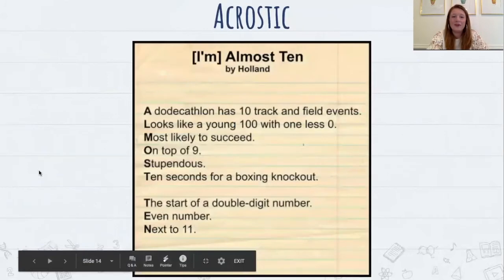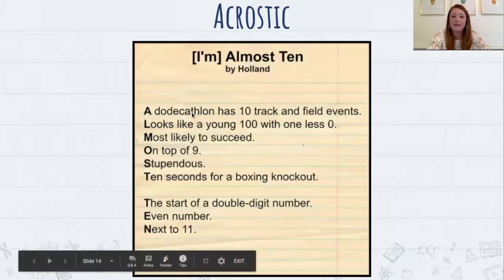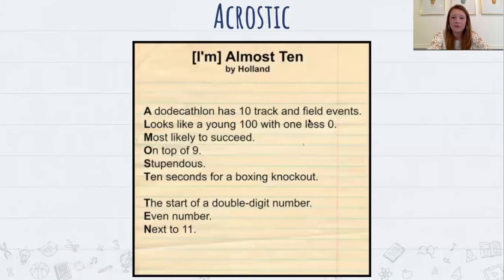So another type that you can follow today is an acrostic. And this is something that you may have done in the past. An acrostic is where you write a word that's vertical, so it's one letter of each word per line. So in this case, it's almost 10. And then you'll write a sentence that begins with that letter for each line. So it says, I'm almost 10. So you'll see here, almost 10,